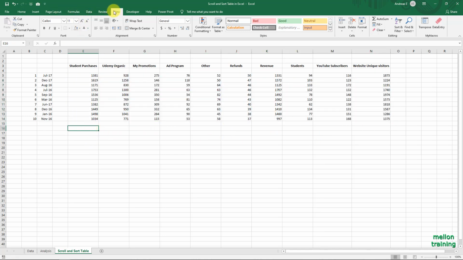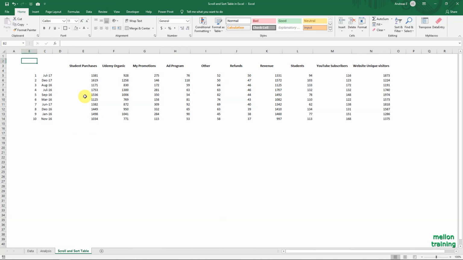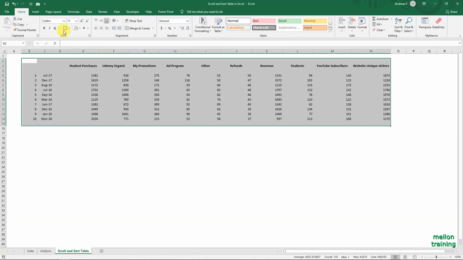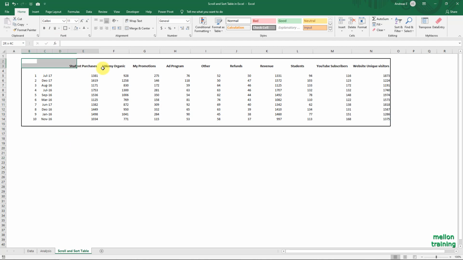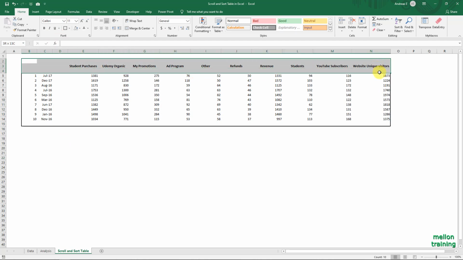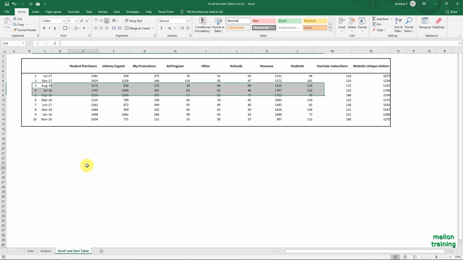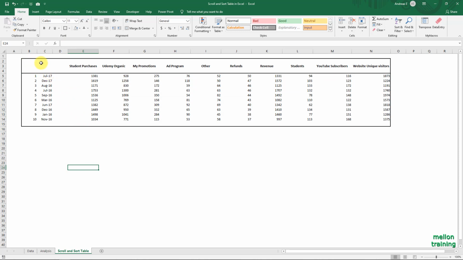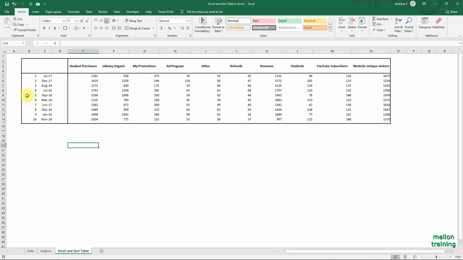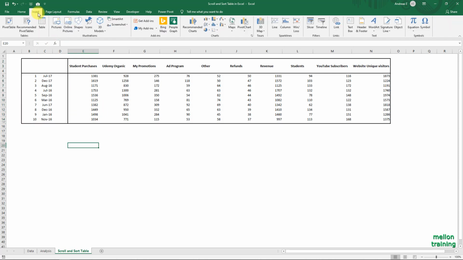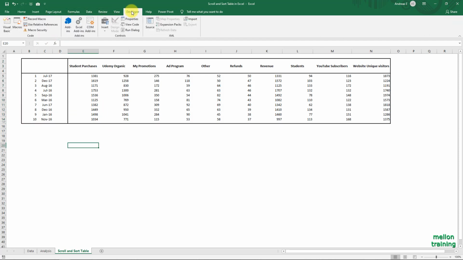Remove the Excel grid lines from the View tab. Now it's time to insert form controls from the Developer tab. Let's insert a scroll bar here.